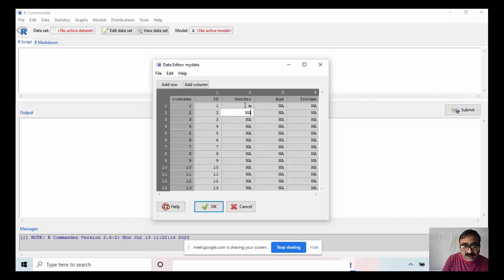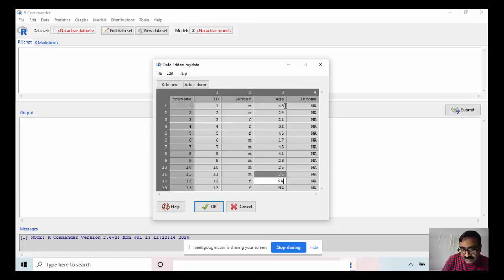M, M, F, F. Now age, suppose 43, 24, 21, 32, 45, 17, 45, 41, 23, 25.